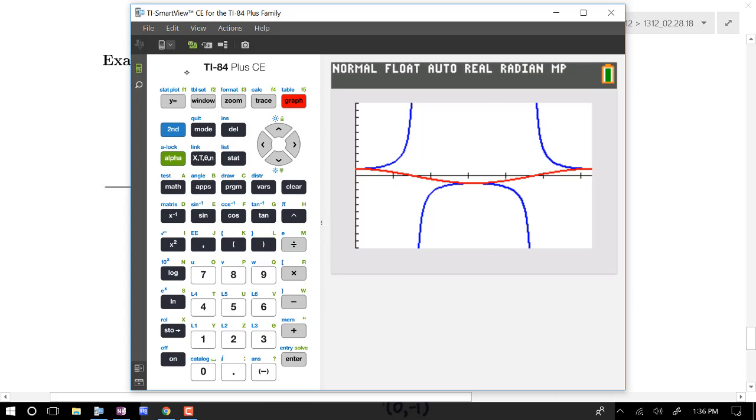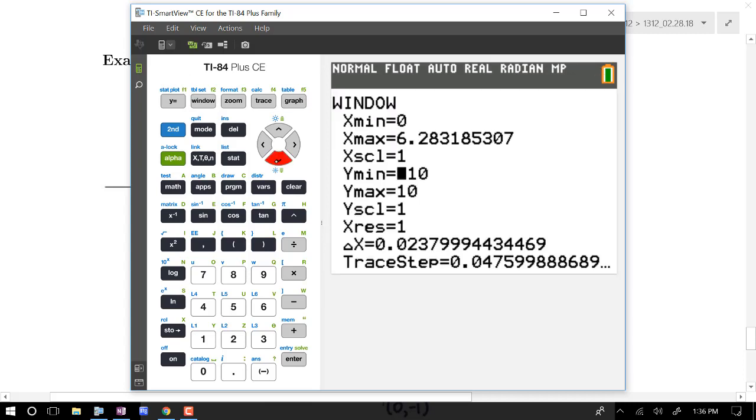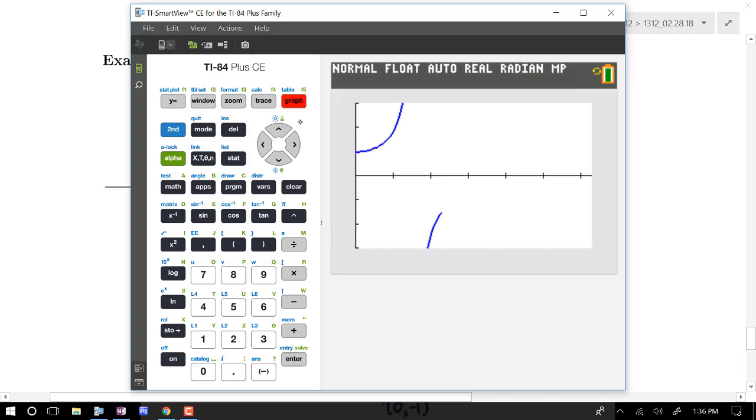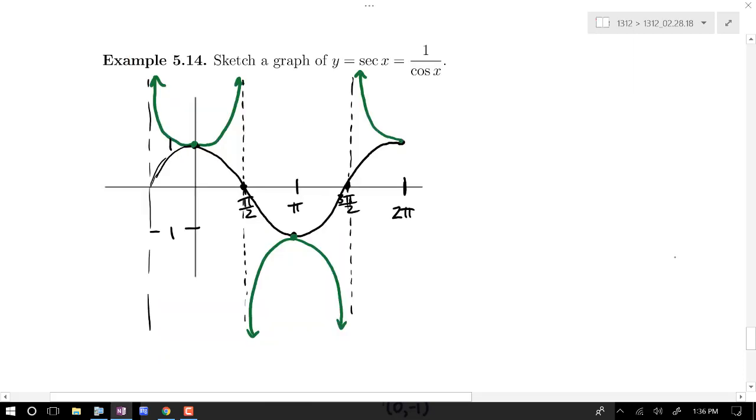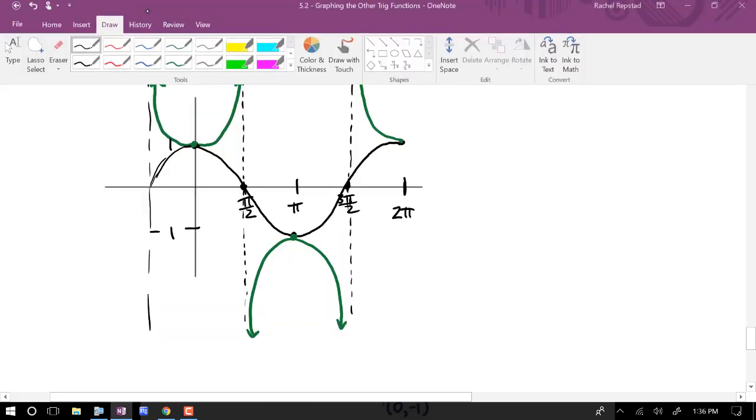And you almost get a better view. I'm gonna switch up the window, let's say from minus 3 to 3. Let's see what that looks like. Yeah, so that's kind of nice. All right, so